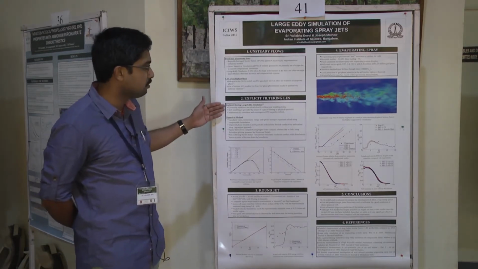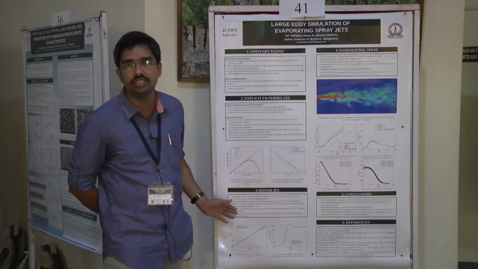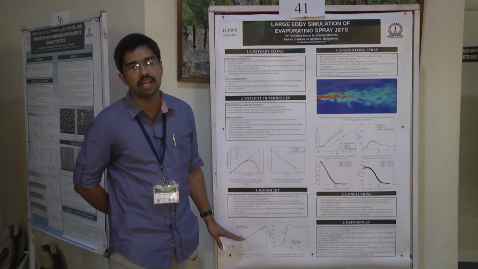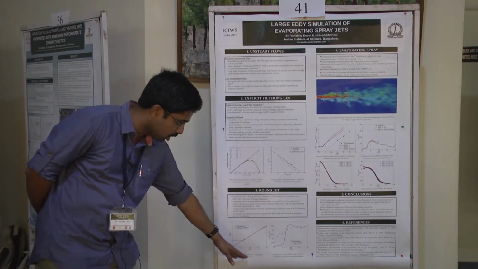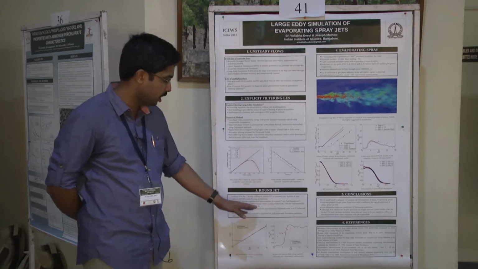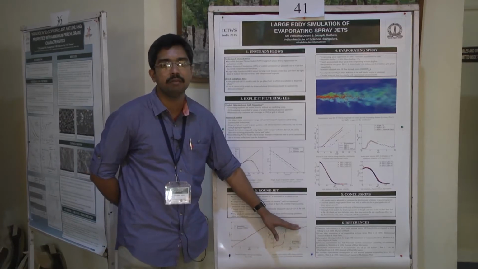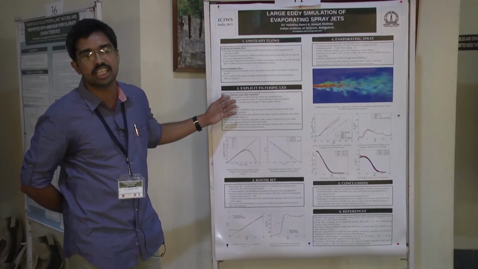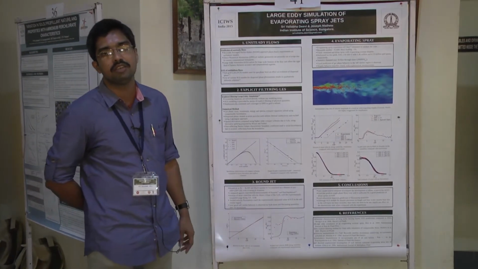So using this explicit filtering large eddy simulation method, we have simulated a single phase round jet, and we see that the behavior of the round jet in the self-similar region matches excellently with the experiments. The inverse centerline velocity slope has a B value of 5.95, where the experimentally measured values are between 5.8 and 6.06. The centerline RMS also goes to the experimentally measured values in the self-similar region. So the gas phase code with an explicit filtering LES will predict the experimentally measured values very well.